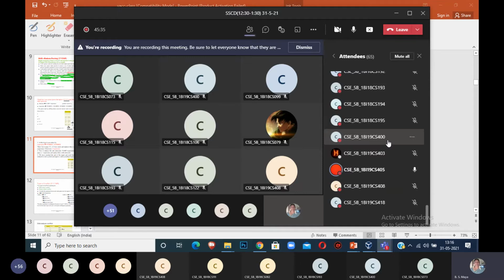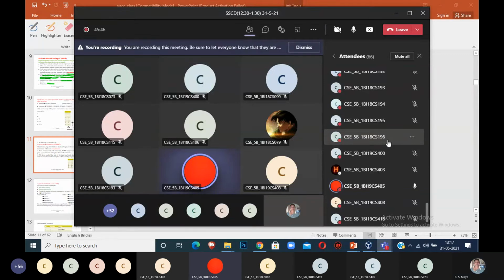Yes, ma'am. The grammar is ambiguous or not? How to say the grammar is ambiguous or not? If we get different parse trees for LMD and RMD, we say it is ambiguous. Did you construct it now? For my grammar, whatever I give now, is it ambiguous or not? I didn't construct it, ma'am. What are you doing now? Construct the LMD.